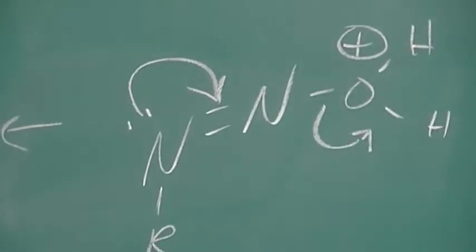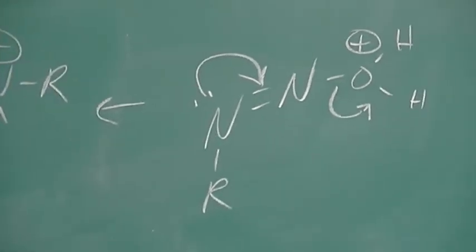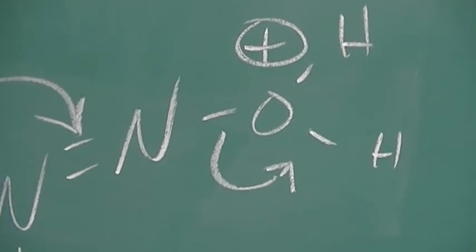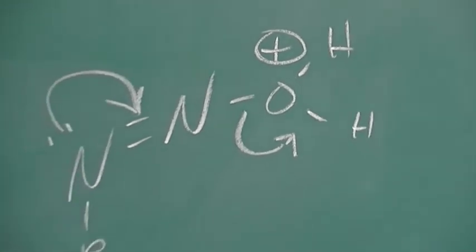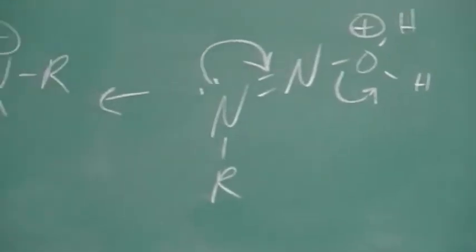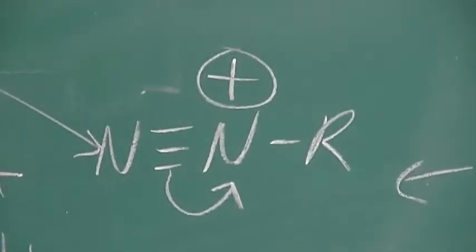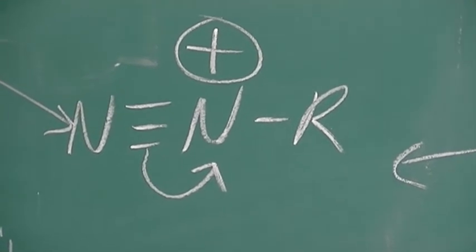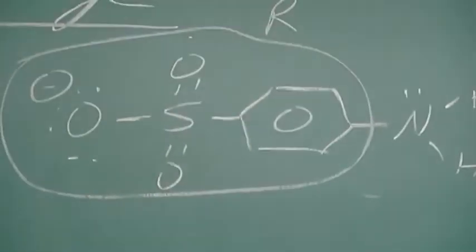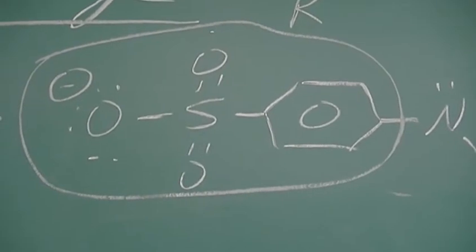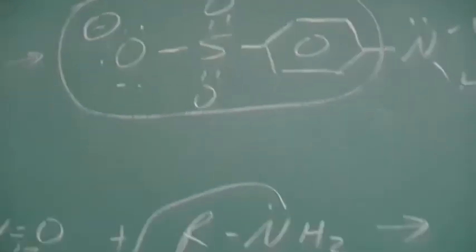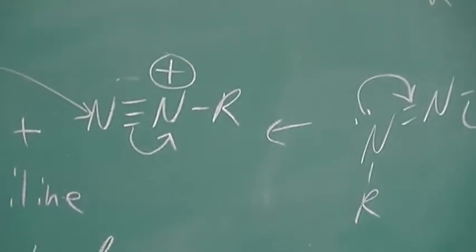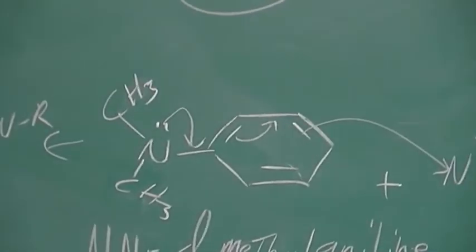Here, the electrons from the nitrogen come in and form a triple bond, and it kicks out the water. Again, this is not resonance because we are breaking a single bond. And then you get your diazonium cation. Remember every time that the R means that you have a benzene ring, and paired to that is an SO3 minus. So we have that in one beaker,